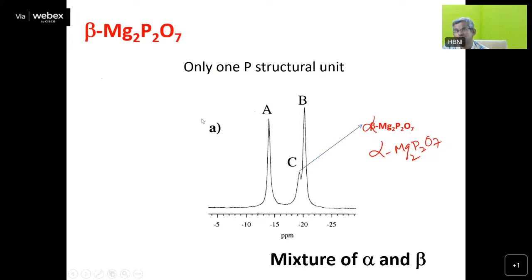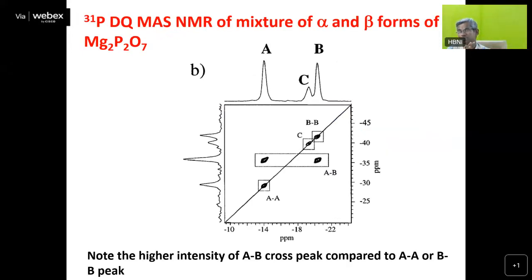Once you convert alpha to beta by suitable temperature treatment, sometimes part of the alpha phase also remains along with the beta phase. That is why we see a peak because of this alpha phase. So A and B are for beta Mg2P2O7 and the C peak is because of the alpha. This is a very clear picture, a very simple NMR spectrum which anybody can interpret without much experience in solid state NMR. But if you do a DQ NMR,